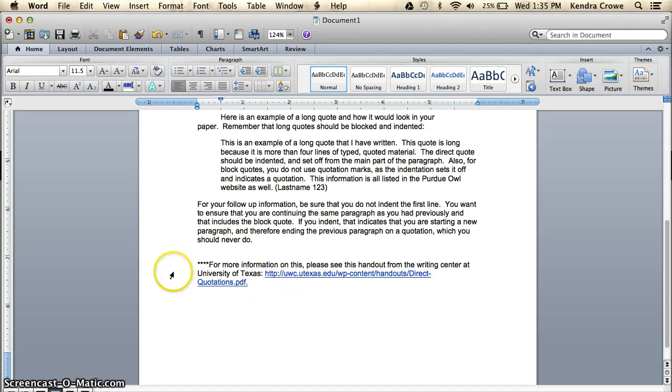And then here, just a note, for more information on this subject, on framing a quotation, please see this handout at this web address. It just gives you some more detailed information about what I mean by introducing and what I mean by following up with analysis. I hope this was helpful in how to frame a quotation,